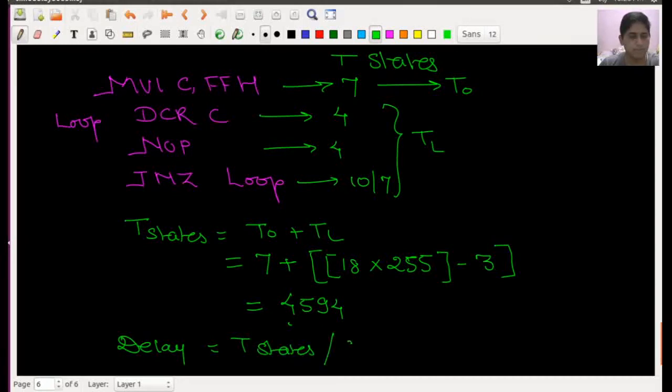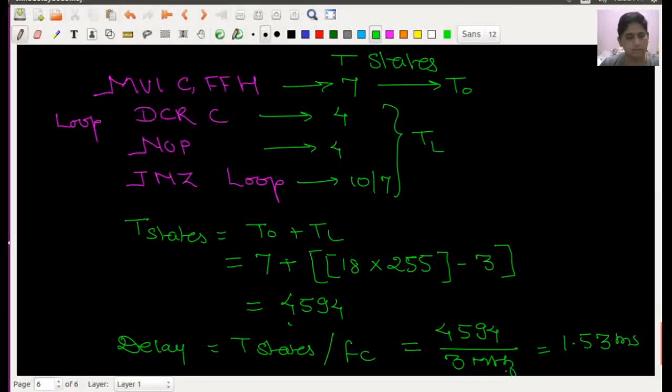Finally the delay can be given by the T states divided by fc. So if I divide 4594 by 3 megahertz, it will come as 1.3 millisecond.